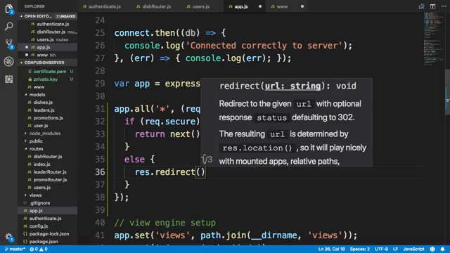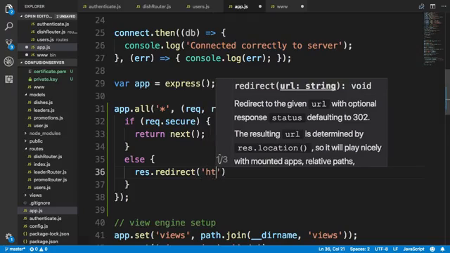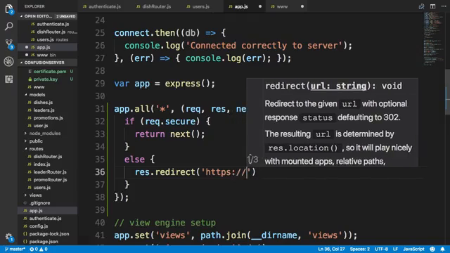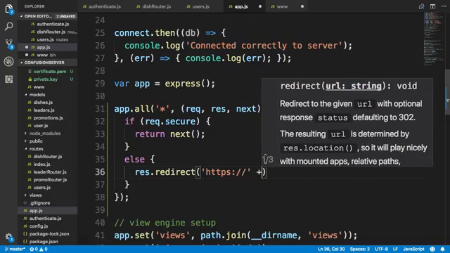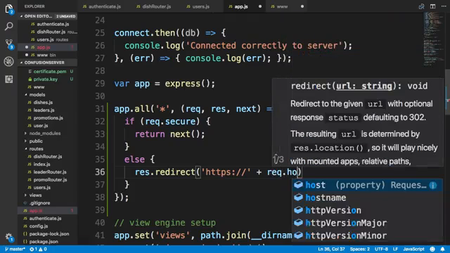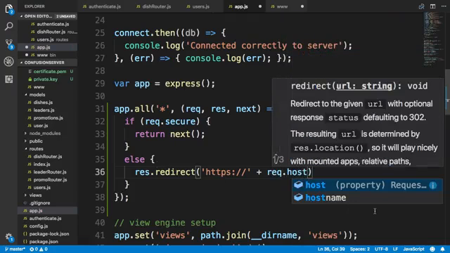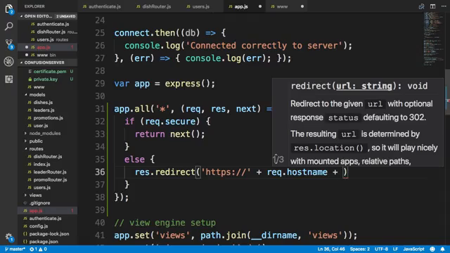So I will redirect this insecure request to https://. So I'm redirecting this request to the req.hostname. So the request will already carry the host name. Because this is coming to the same server, I'm redirecting to the same server, and then we'll say plus